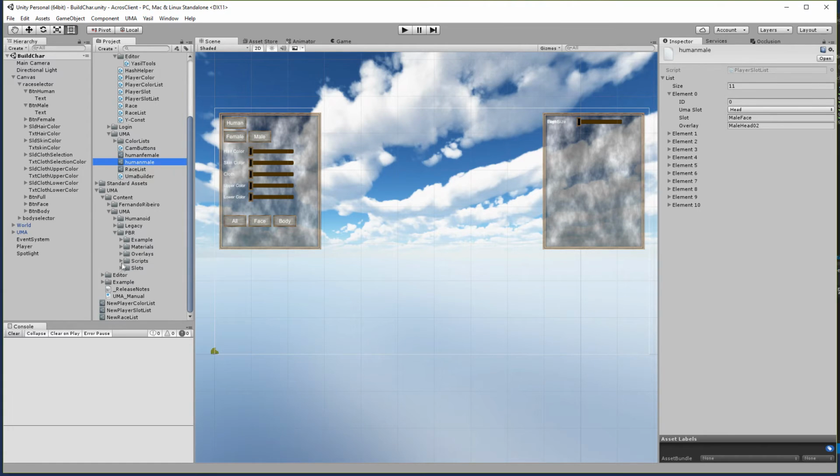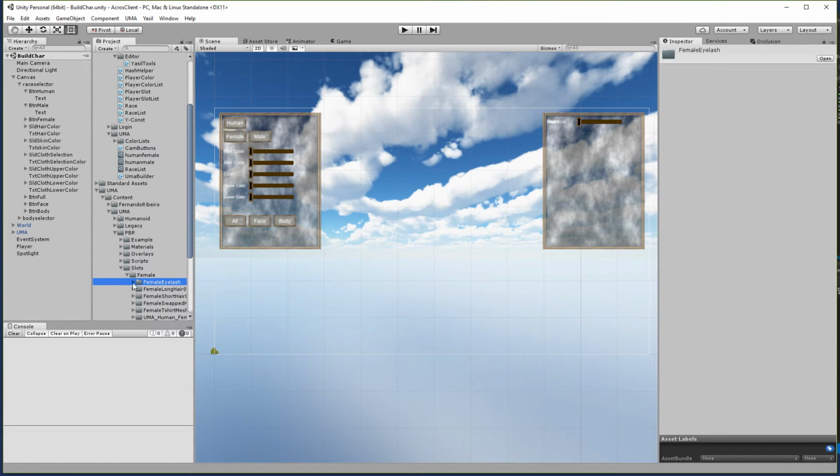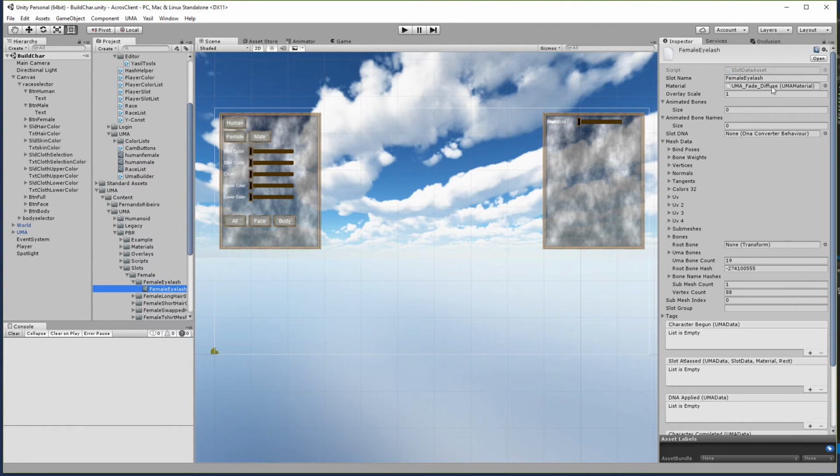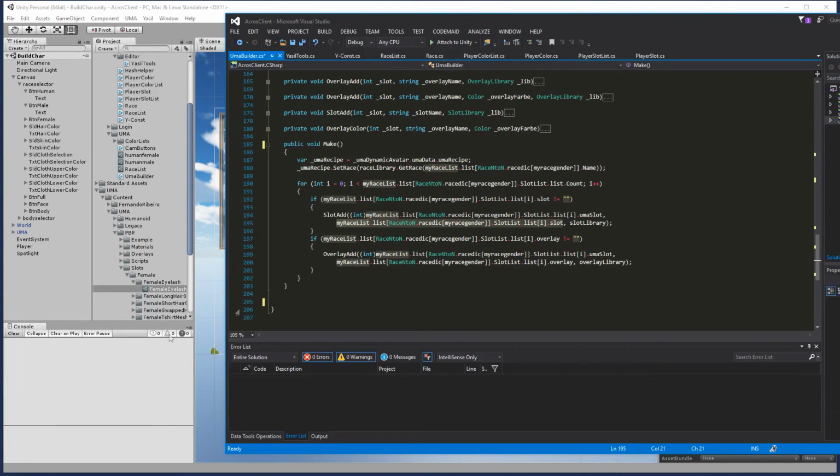PBR, slots, female, get just one of these. You see that's this name you have to insert there. Okay, and the next part is just easy. It's the slot library we know already, and after that you have to build the slot